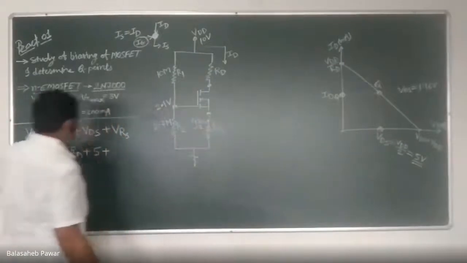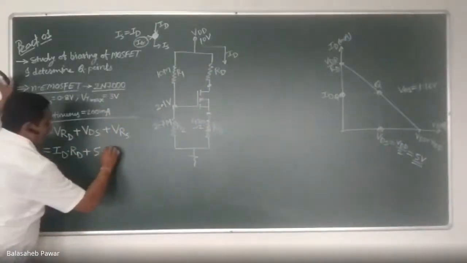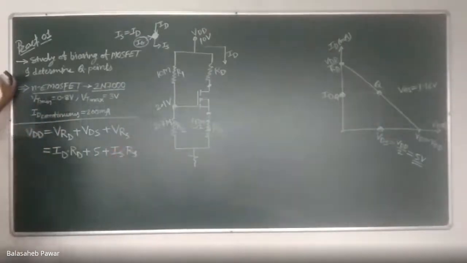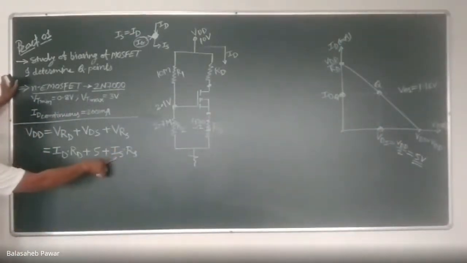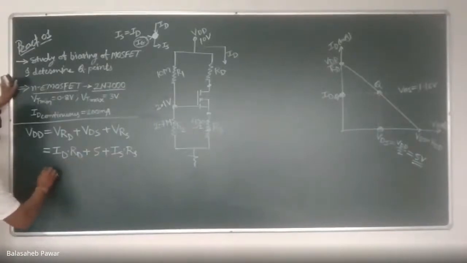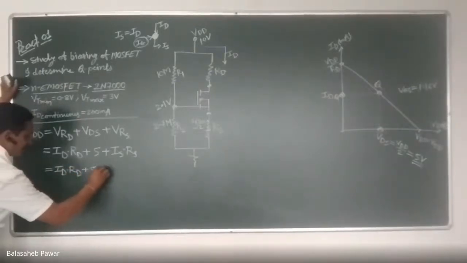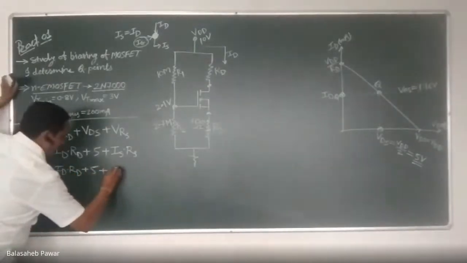How much is it? We can write it as IS into RS. We already determined it, right? And this IS is nothing but ID. So you can write the same thing like this: ID into RD plus this 5 volt, that is VDS, plus ID into RS,